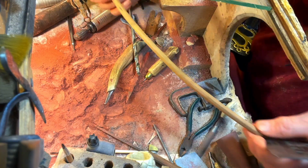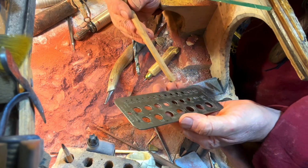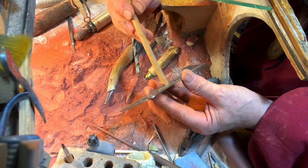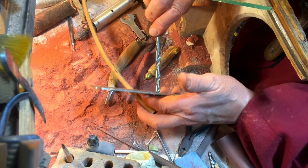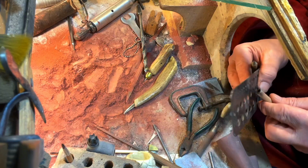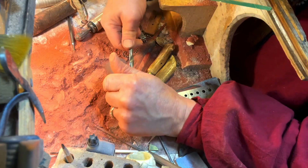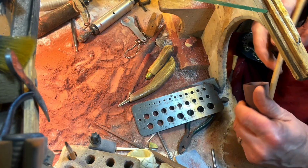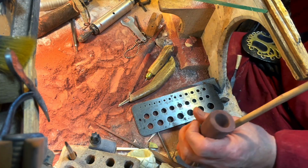This is going to be the stem. You saw the process of making that. Now I've checked down my little index here. I'm going to try 5/16. The hole's already drilled. It's just a matter of reaming it out a little bit. Stem. It's not the final fitting, but